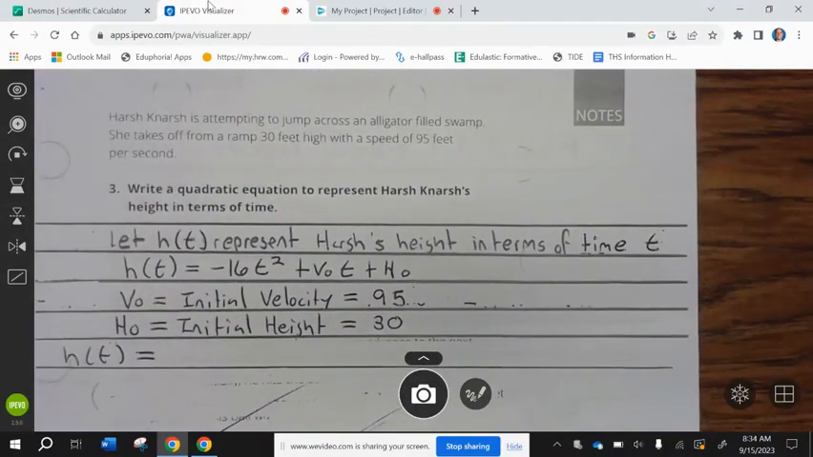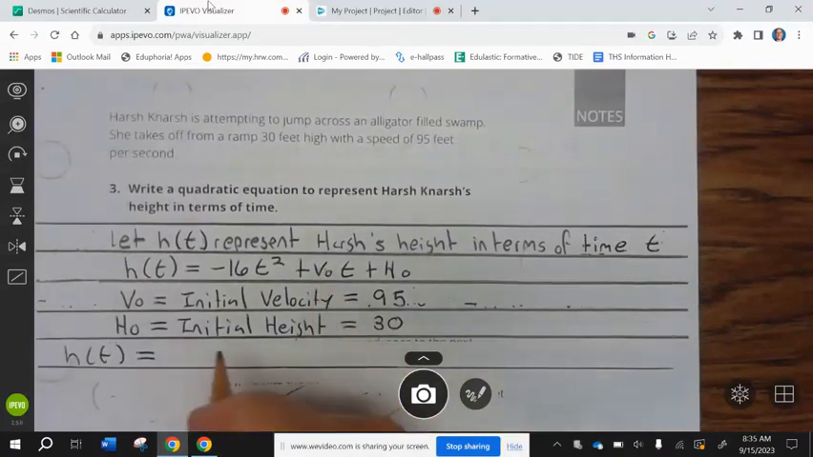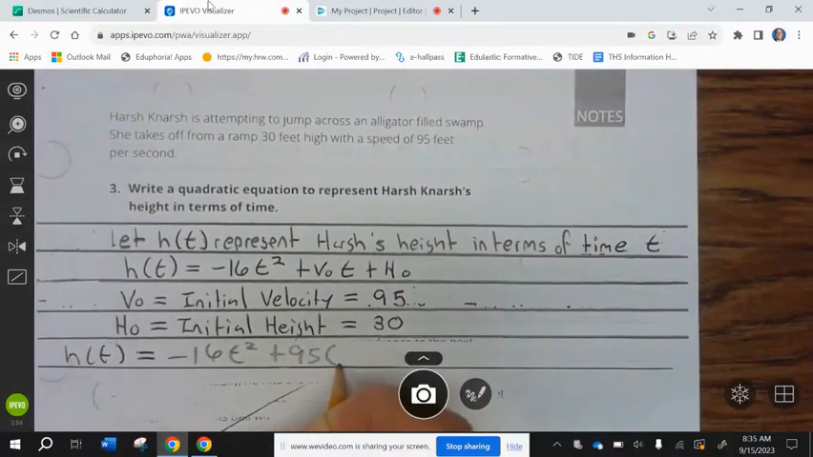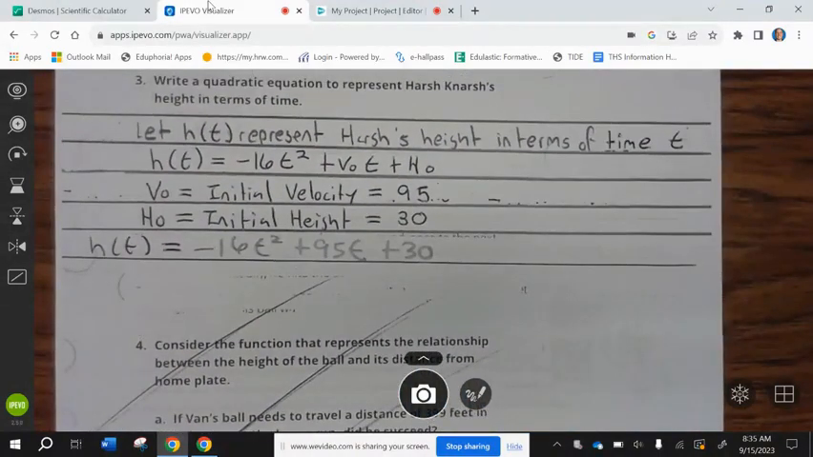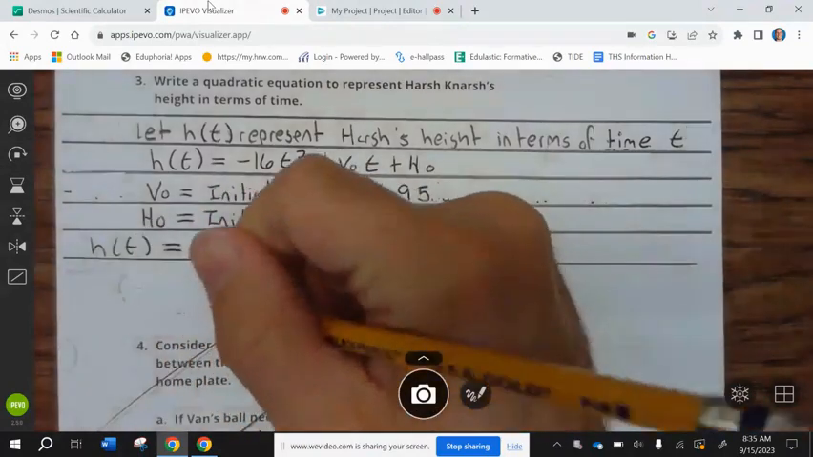Harskanars is attempting to jump across an alligator-filled swamp. She takes off from a ramp 30 feet high with a speed of 95 feet per second. Write a quadratic equation to represent Harskanars' height in terms of time. Let h of t represent Harsh's height in terms of time t, where h of t equals negative 16 t squared plus v naught t plus h naught, where v naught is the initial velocity, which is 95, and h of naught equals the initial height. So all you do is plug these numbers into the equation. So h of t equals negative 16 t squared plus 95t plus 30. So finish up 3, omit 4,